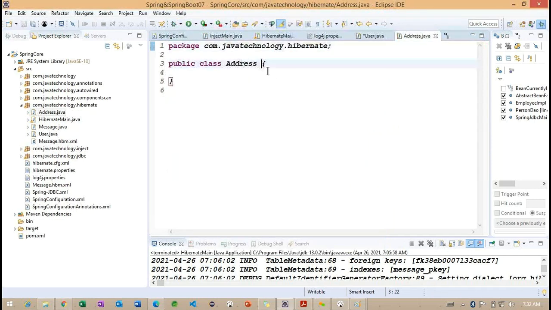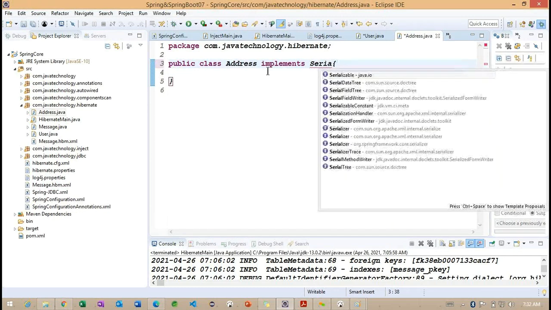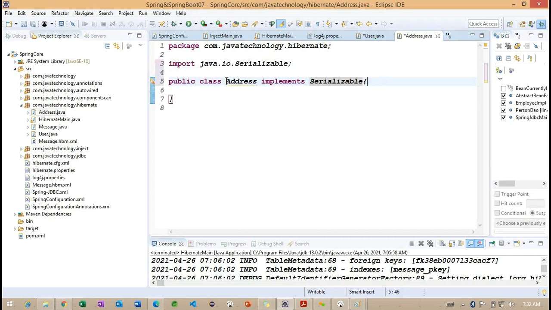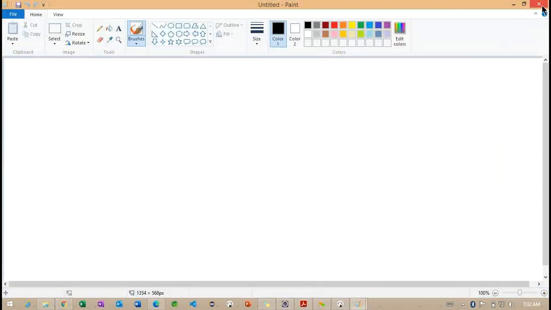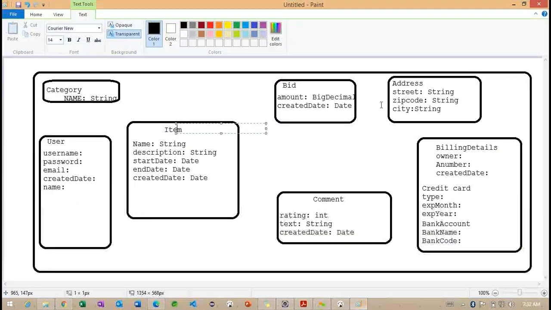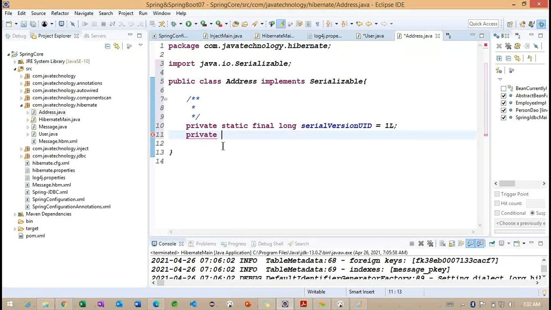Let me implement this particular address also with Serializable. So generate the default serial ID. So what we identified, the address field here, and state, zip code and city.